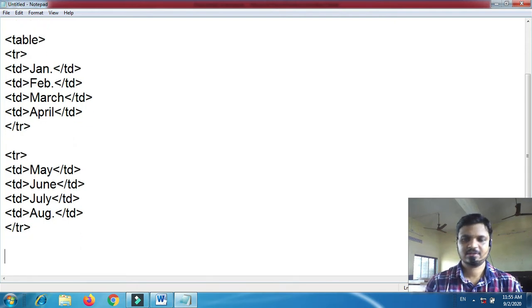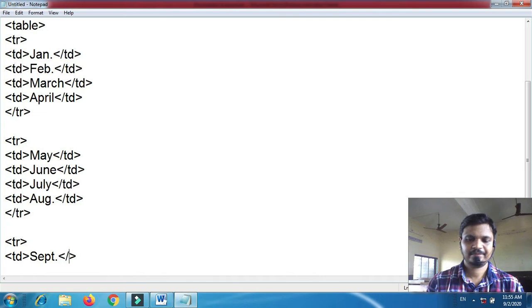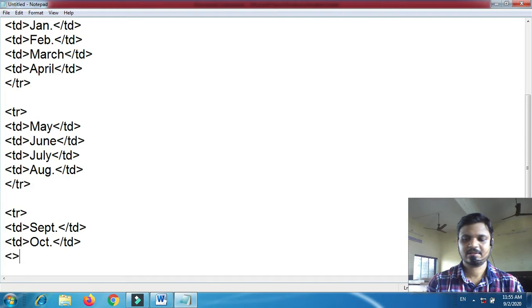Now next row, again we want to use tr, then td. Inside td I'm going to add September. Okay, td tag close. Next td open, October, close td. Okay, the next td tag open, November, td tag close.